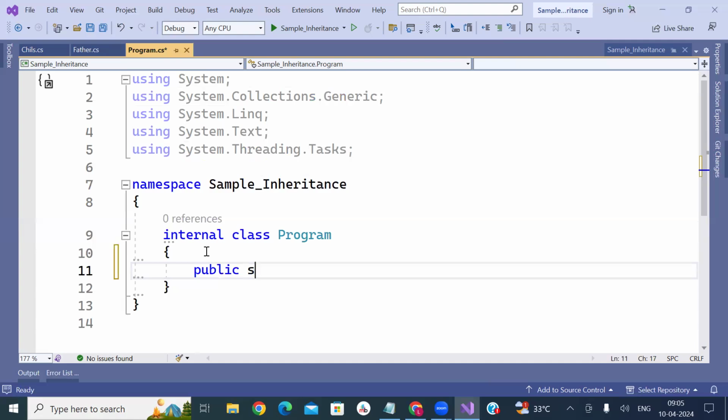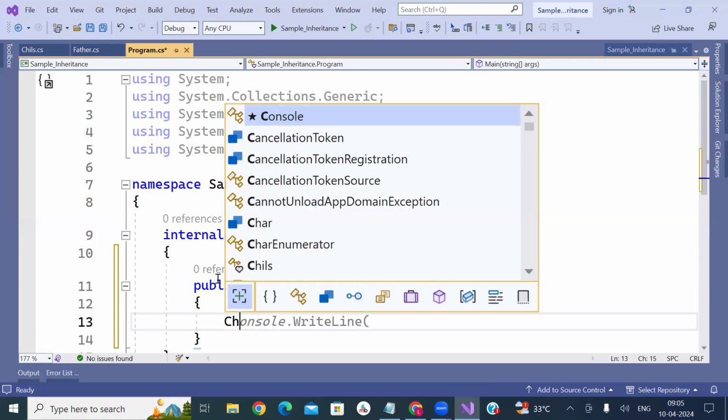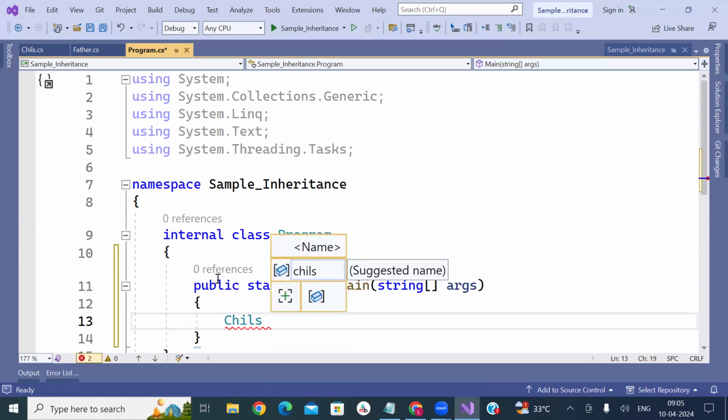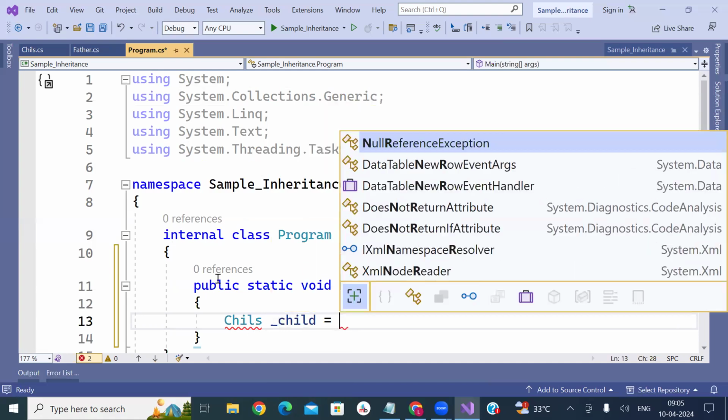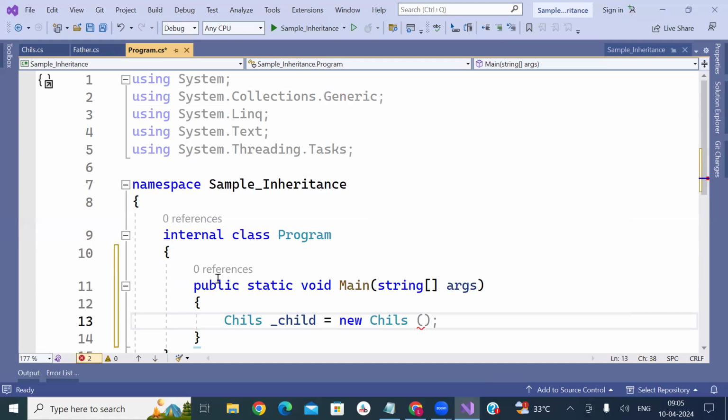public static void Main. Here, Child child is equal to new Child.